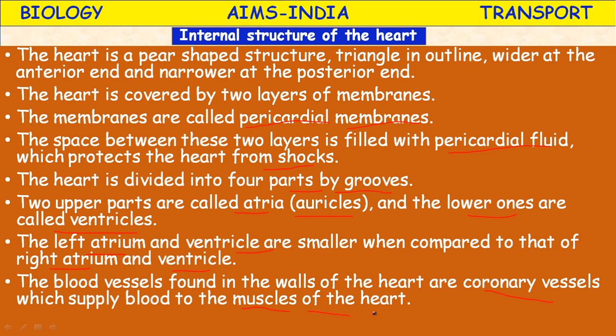And we studied previously, in your 9th class, you have studied the muscles which are present in animal tissues. The muscles with which the heart is made up of, they are called cardiac muscles. They are supplied with more mitochondria to provide more energy. Okay, and those muscles are involuntary striated muscles. Structurally they are striated, and functionally they are non-striated. Okay, they work from birth to death.